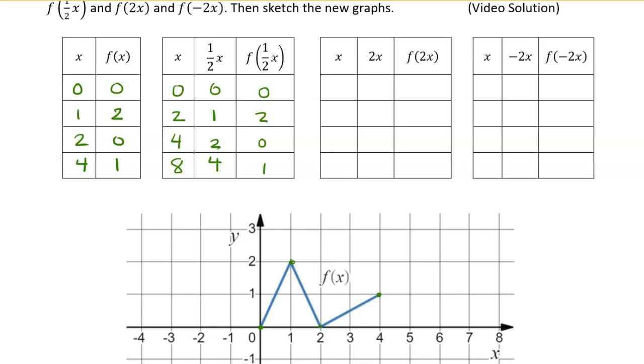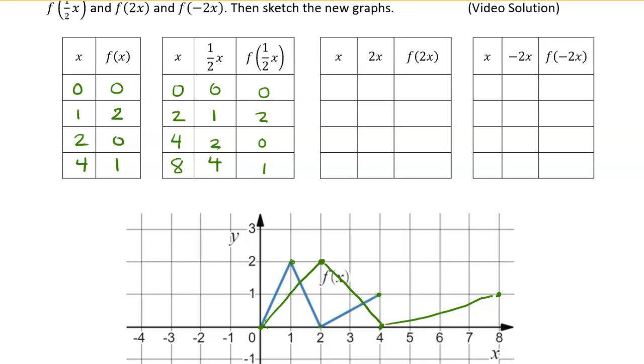Okay. So I can take these x, y coordinates and plot them. So 0, 0 is on the graph just like it was before. But now the next point is 2, 2. Next point is 4, 0. And then 8, 1. All right. So if I connect those points up, you can see what that 1/2 x, taking 1/2 of the input,